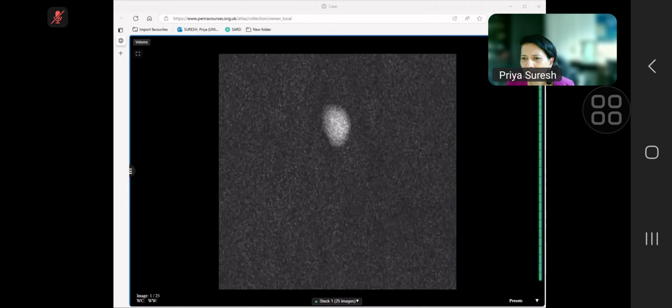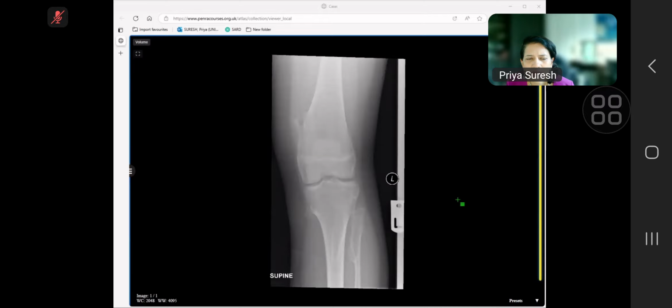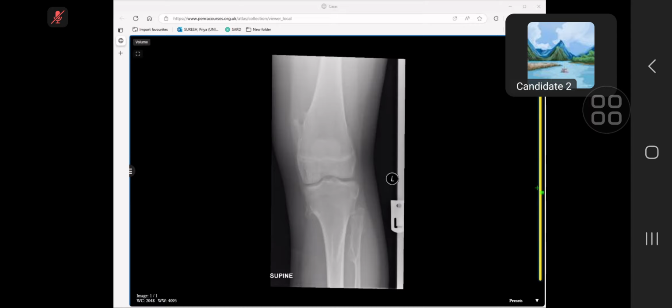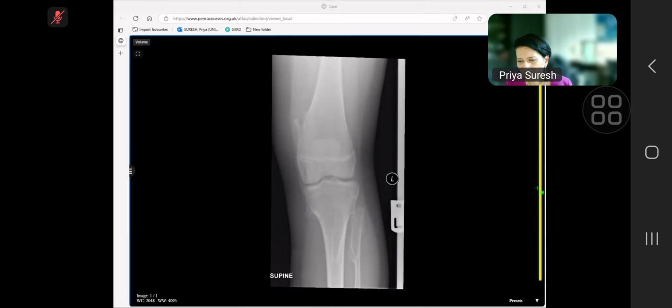So the last case is this patient presenting with again knee pain and a swelling in the lower thigh. This is a frontal knee radiograph, left knee of a patient, in which I can appreciate multiple exostoses,